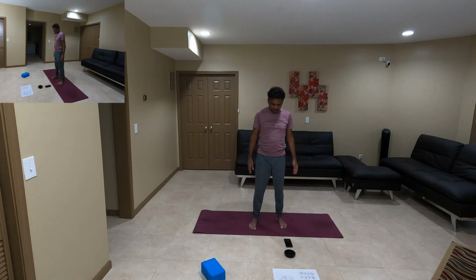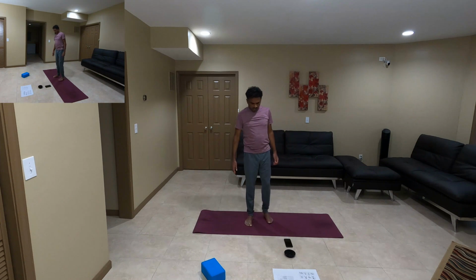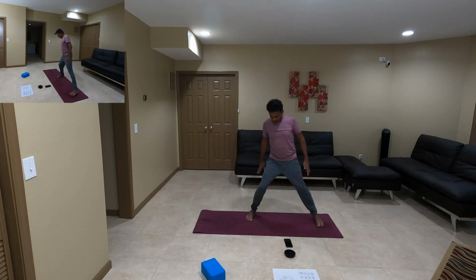Next one, Konasana, which is almost the same as this one, but you're going to widen up your leg even further. Whatever you are standing in the previous position, you're going to widen up even further. Alright, almost